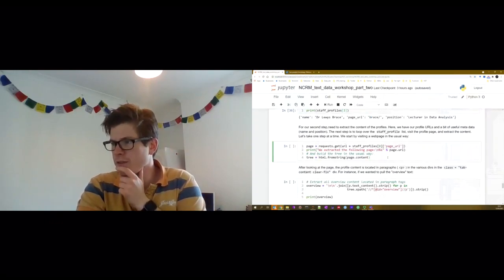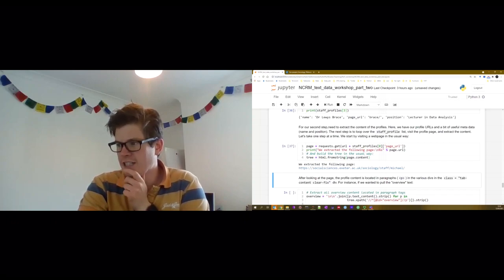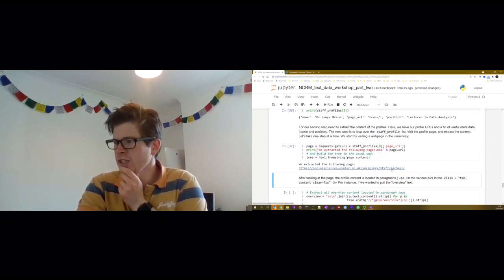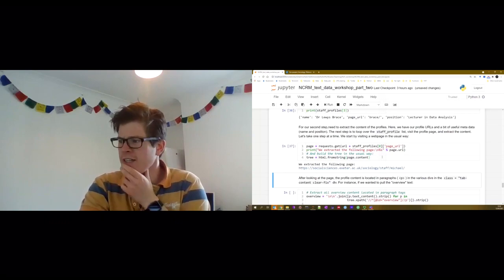So we start off by going to the page in the usual way. And you can see here, I'll just print out my usual thing to tell me that it successfully extracted all the information from this specific page. And here I've asked it, just as a test, just to teach you guys, to extract all the content from